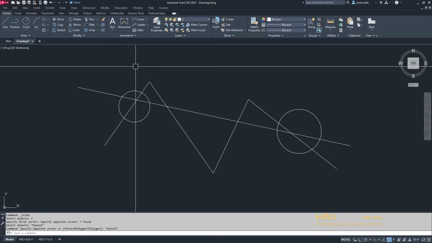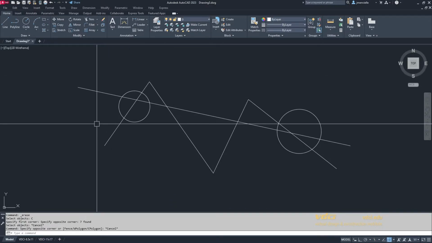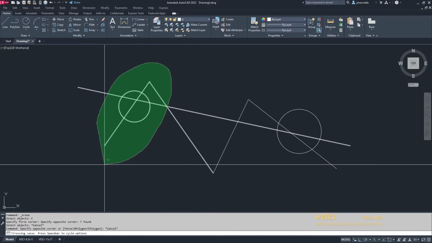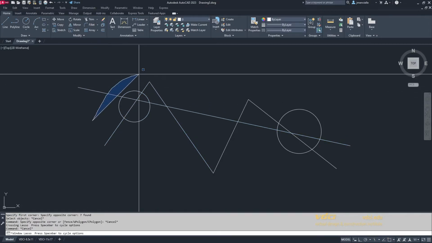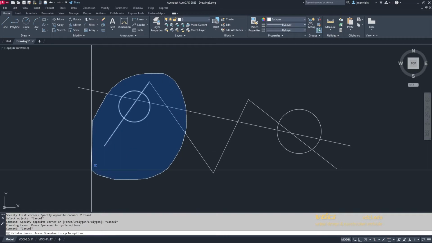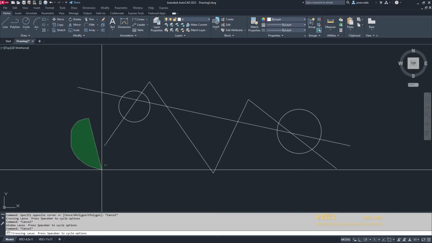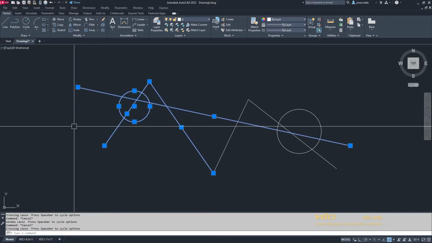So if I wanted to select just these objects with a window, I could start here with no command active, click and hold, and begin to draw around them while holding my mouse. I can do the same thing if I start to go to the left. I'll begin a crossing lasso. Sometimes using the lasso is difficult because we cannot fully understand the shape we're trying to make while we start